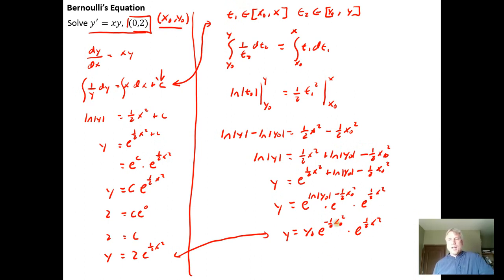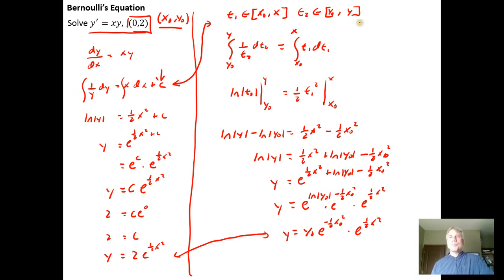And the idea is if x naught is equal to 0, then we get e to the 0 is 1. We get y naught times 1 times e to the 1/2 x squared. We wind up with just knowing that we need to put whatever y naught is in there if x naught's equal to 0. So it's an alternate way to do it, but it's important